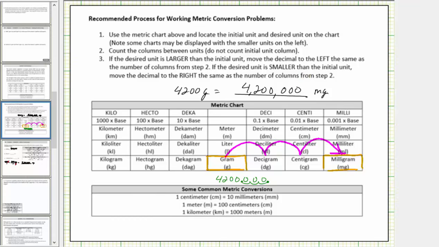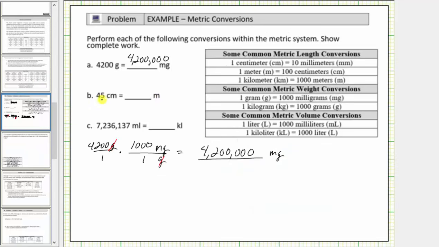Let's look at our second example. We're asked to determine how many meters in 45 centimeters. So beginning with 45 centimeters as a fraction, with the denominator of 1, we multiply by a unit fraction that will convert centimeters to meters. Looking at our conversions, 1 meter equals 100 centimeters. Because we want centimeters to simplify out of this product, centimeters must be in the denominator, and therefore meters will be in the numerator. And again, because 1 meter equals 100 centimeters, our unit fraction is 1 meter divided by